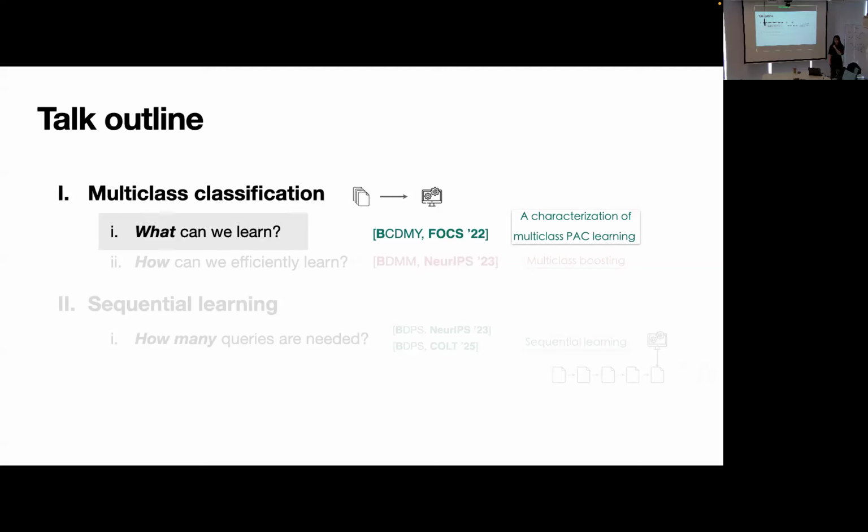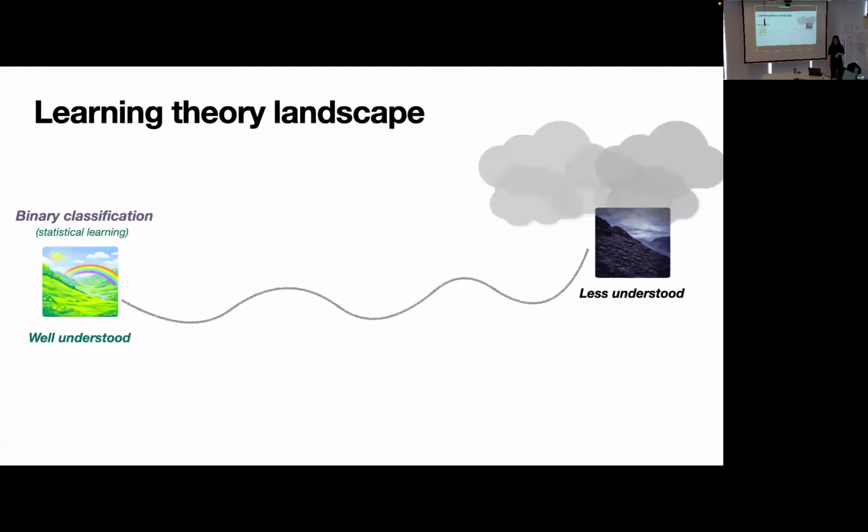Okay, so before I go into that, I want to give this kind of high-level motivation of why we want to study multiclass classification. So you can think of the learning theory landscape as sort of a spectrum, where on one end of the spectrum, we have the classic binary classification, PAC learning, statistical learning, for those who are familiar. And this was studied in the 80s, very well studied, very well understood. We have a lot of tools that are developed for this setting. On the other end of the spectrum, you can think of your favorite problem in learning theory that we don't really understand as well, maybe generative models or something else. We know that a lot of the tools don't really work in this more general setting. We would like to understand that